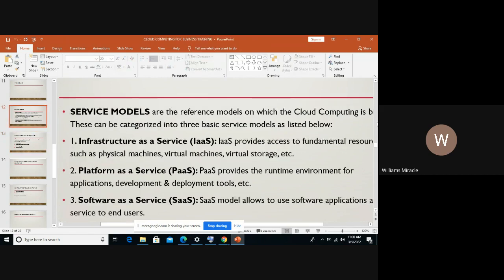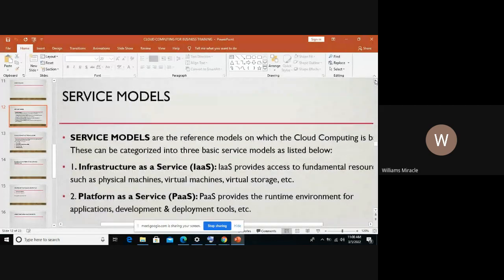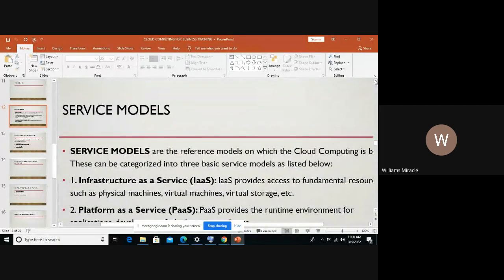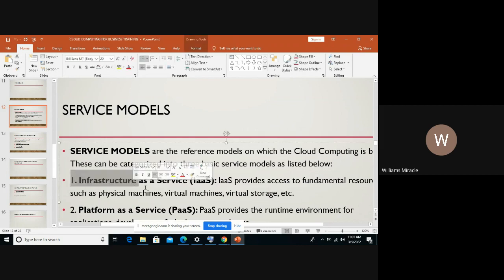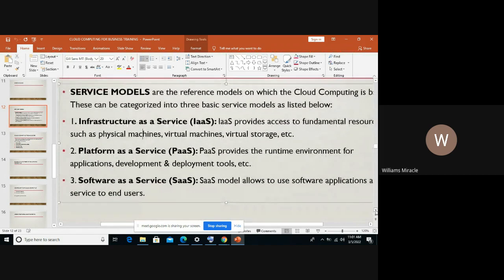There is something I did not mention, which are the service models. I've talked about the deployment models. The service models are very, very important because they could form the characteristics of cloud computing as well. So we have the infrastructure as a service. It just provides us the physical machines. Let me mention that in the course of this training, we will not be concerned with this IaaS. What we are majorly concerned about is the SaaS, which is the software as a service.